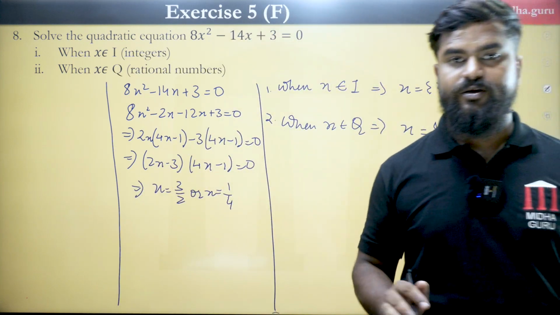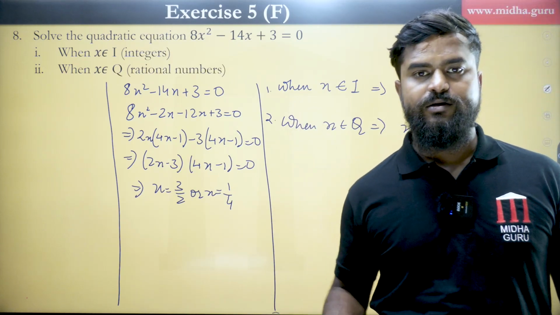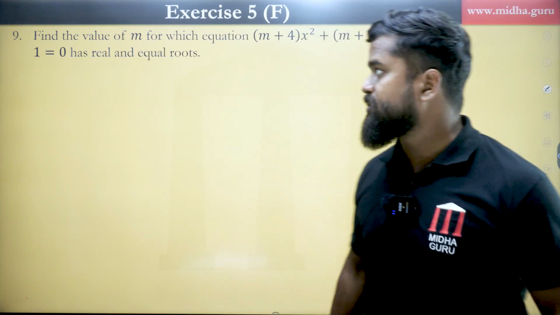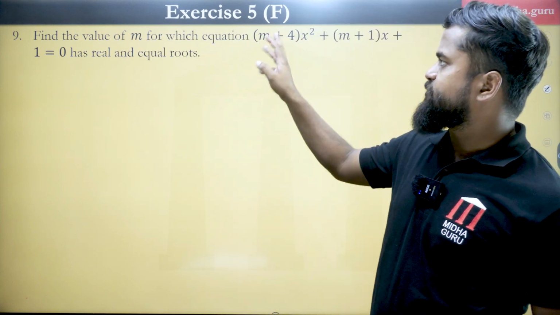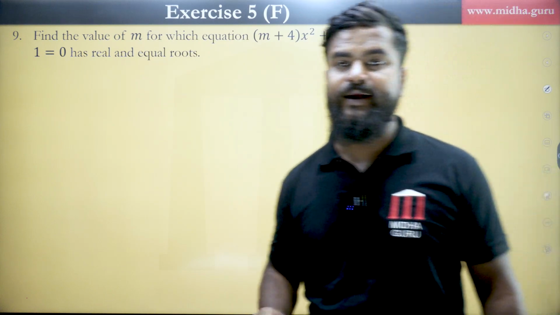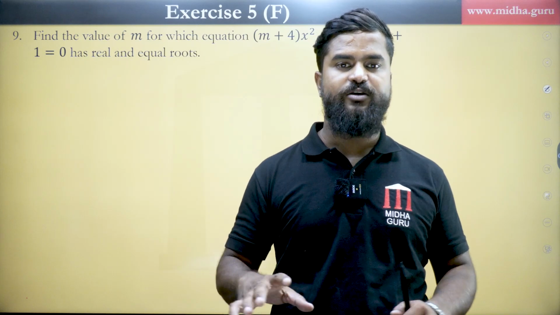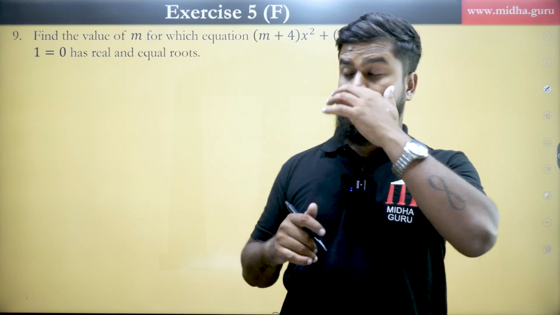These are the solutions of the given quadratic equation. So let's move on to the next problem. Now the next question says, find the values of m for which the equation (m+4)x² + (m+1)x + 1 has real and equal roots. So if you remember, the way to find the values for which the equation has real and equal roots,